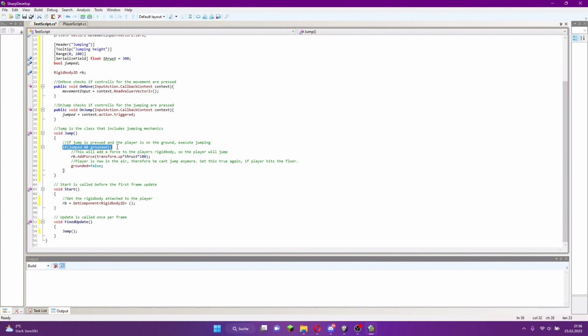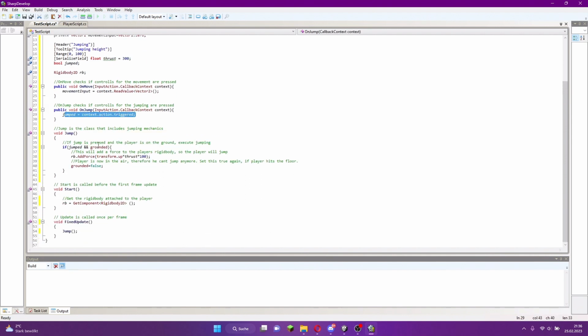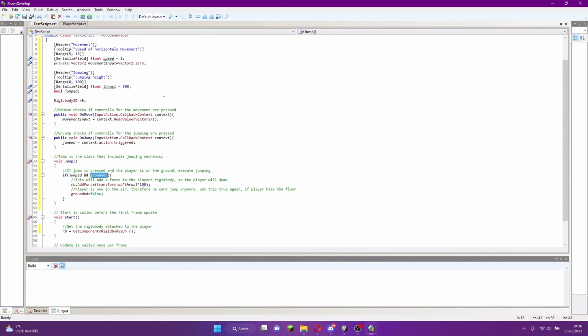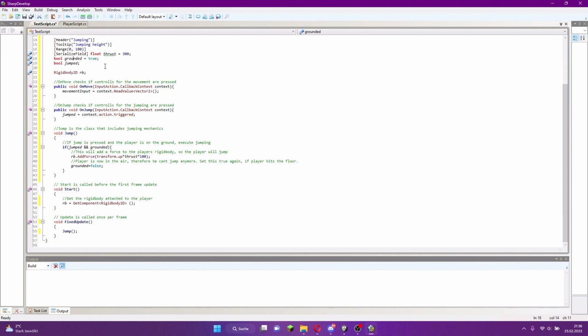And the first thing we are doing is we are asking if jump is pressed. You know, we're getting jump here. And if the player is grounded. This is another variable we have to declare here. By start, it's true, but you will see it grounded. So if the player presses jump, and if the player is grounded, we will add a force to our rigid body. This will thrust our rigid body in the air. And if we are thrusting our player in the air, we are setting grounded to false. So the script knows, okay, we are not on the ground anymore, and we can't